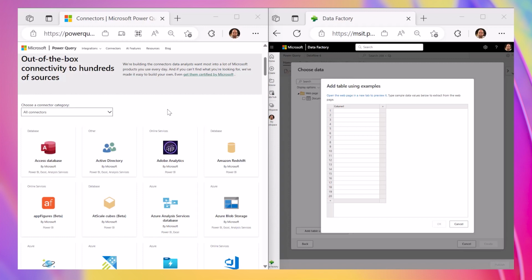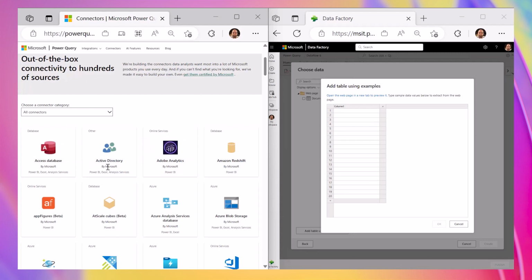By example data extraction in data flows provides a no-code, data-first citizen user-friendly way to extract data from unstructured data sources that is unmatched in the industry. Web by Example allows users to easily extract data from web pages, like the one we see on the left, where a matrix-style gallery can be turned into a tabular structure, including connector names, publisher, in this case Microsoft,